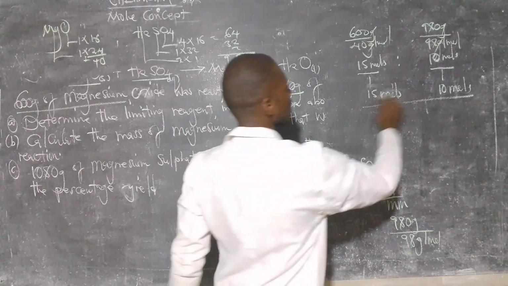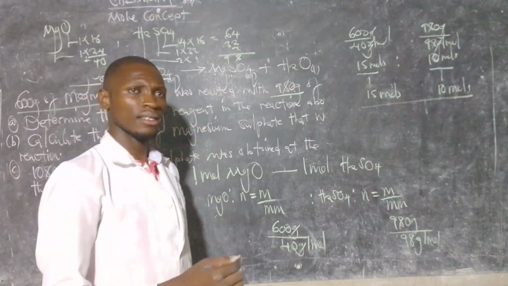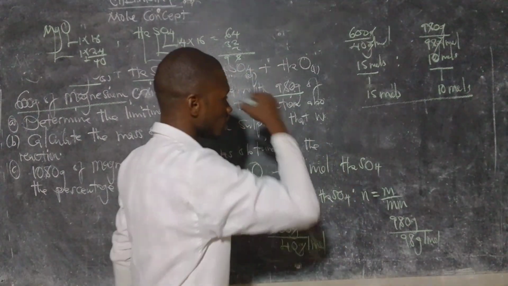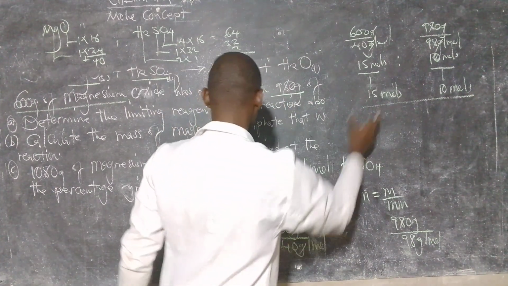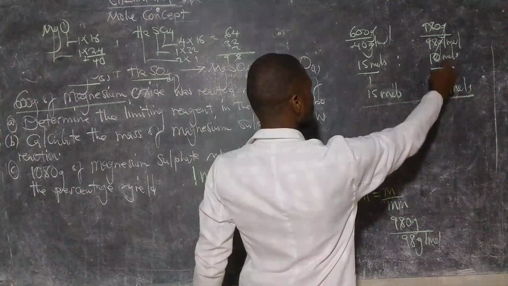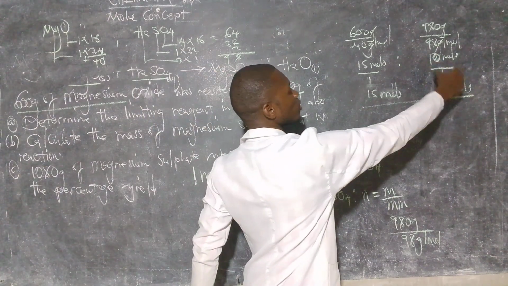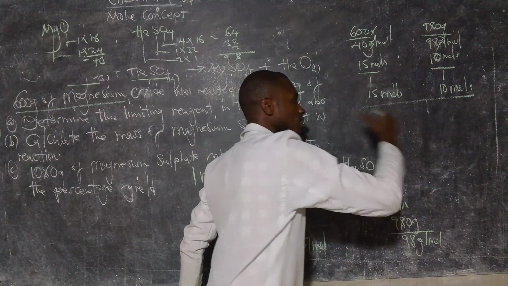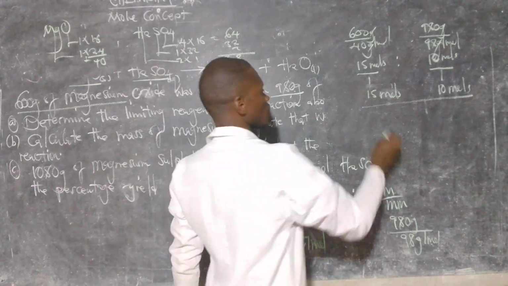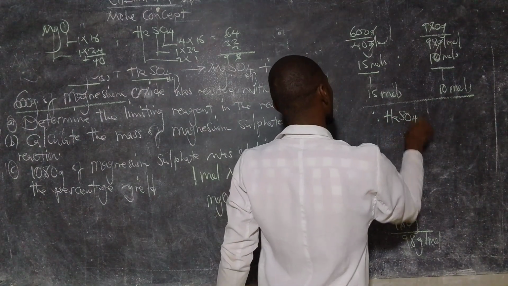So after we have found the final answers, the next thing is we need to know which number is bigger than the other. So since we have seen that we have 15 moles, which is representing magnesium oxide, we also have 10 moles, which is representing sulfuric acid. So the small number we have here determines how fast the reaction was going or will end. So we're going to conclude to say, therefore, sulfuric acid